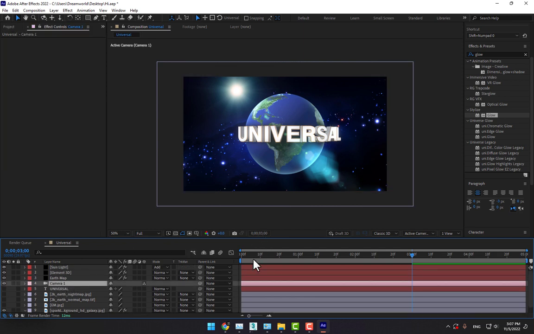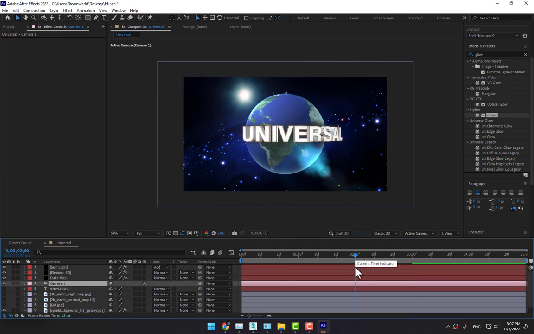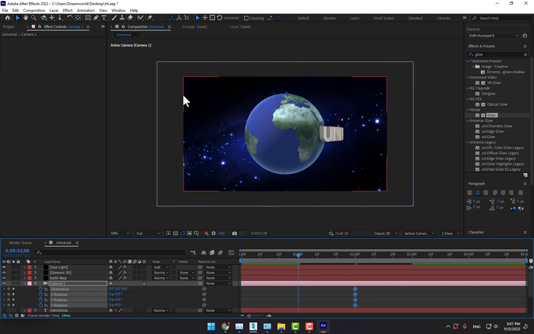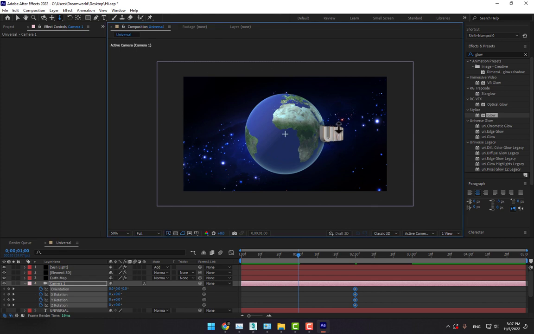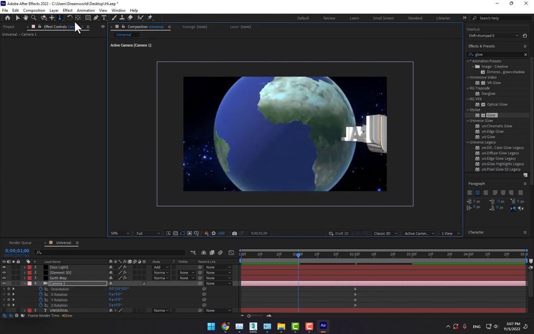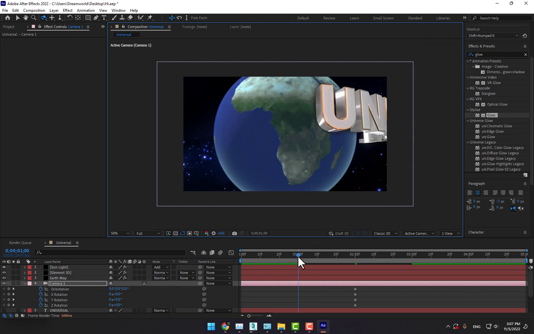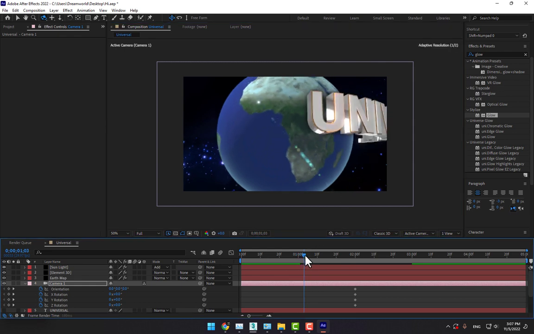And now time to animate the camera. Press P position or rotation, stopwatch, go to second 1 and move the camera to front, play now,